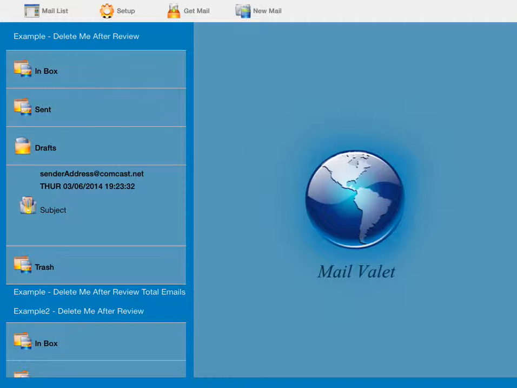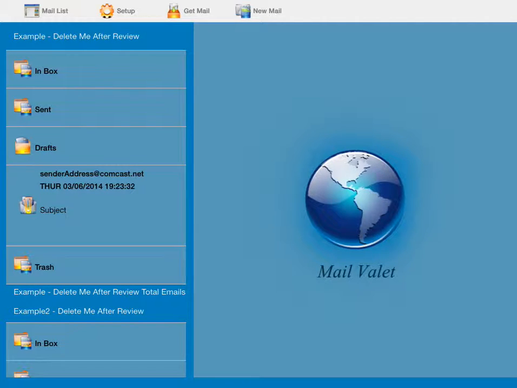This video is a supplement to the video on composing emails and email form functions. In this video, we would like to display one last method of sending a file from one application into MailValet when you are trying to compose a new email and you would like to add an attachment. We showed several methods of doing that previously, and this time we'd like to show importing a file from another